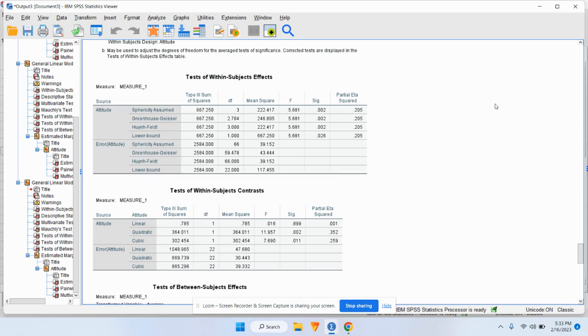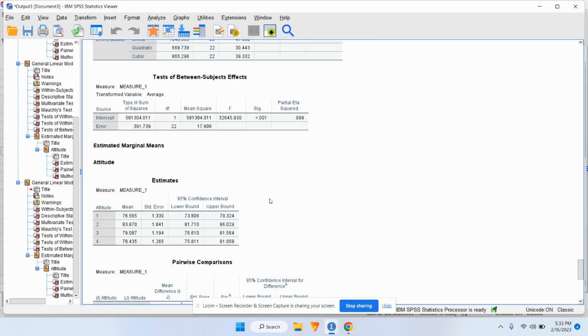In order to determine the difference, we need to look at our means. So now we're going to scroll down to where it says estimates. And in this table of estimates, we're going to notice we have the mean of each variable. So for time 1, the mean is 76.56. That's without chocolate. Our next time represents 5 minutes after the participant eats chocolate, and that mean is